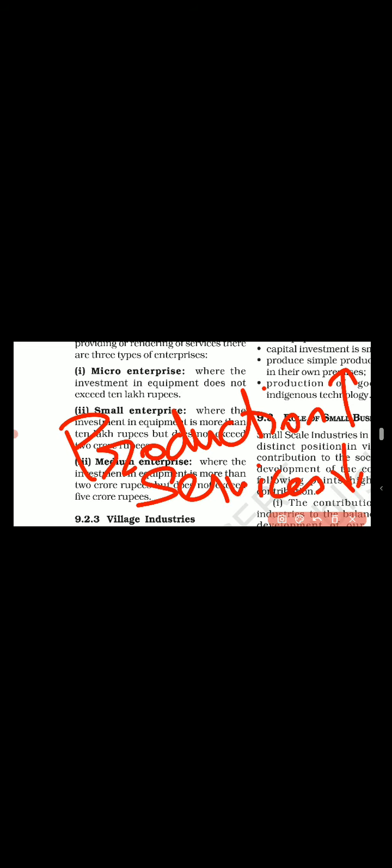प्रोडक्शन में हमको ज़्यादा कैपिटल की ज़रूरत होती है और सर्विसेज में हमको कम कैपिटल की ज़रूरत होती है. ऐसा क्यों होता है? ऐसा इसलिए होता है क्योंकि जब हम प्रोडक्शन करते हैं तो हमको फिक्स असेट ज़्यादा परचेज़ करना होता है. इन केस ऑफ प्रोडक्शन फिक्स असेट्स की रिक्वायरमेंट ज़्यादा होती है, इसीलिए कैपिटल की रिक्वायरमेंट भी ज़्यादा होगी. लेकिन अगर हम बात करें सर्विस सेक्टर की, तो सर्विस सेक्टर में फिक्स असेट की रिक्वायरमेंट क्या है? कम है. सर्विस सेक्टर में फिक्स असेट्स की रिक्वायरमेंट कम है, तो इसीलिए आपको कैपिटल की भी ज़रूरत कम होती है.